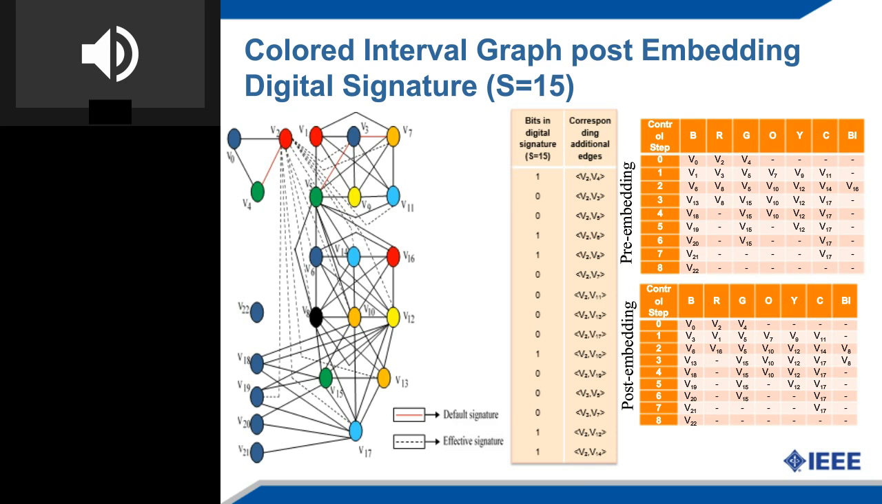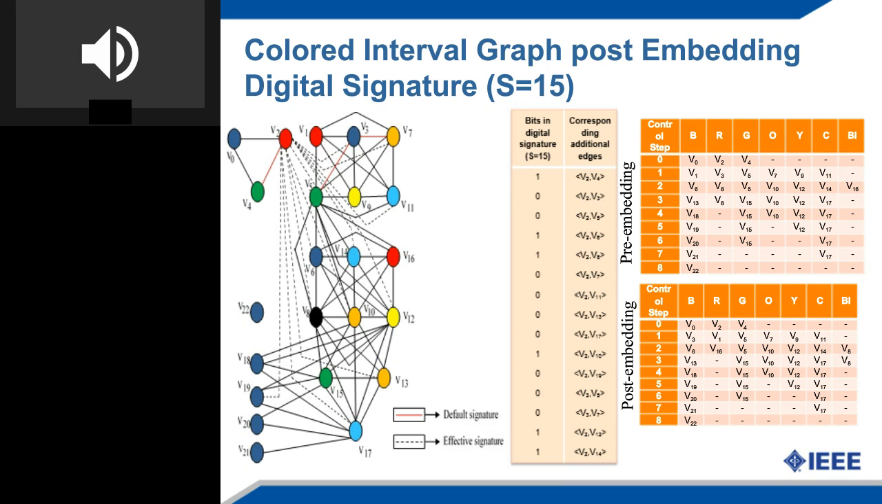So for example, if these are the additional edges that you have derived based on the bitstream, it basically says that storage variables V2 and V4 cannot be allocated to the same register. If you see the pre-embedding, V2 and V4 are by default allocated to different registers, R and G. Then you have 2, 3. V2 and V3 are both part of the red colored register, which needs to be changed. So therefore, in the post-embedding, we will